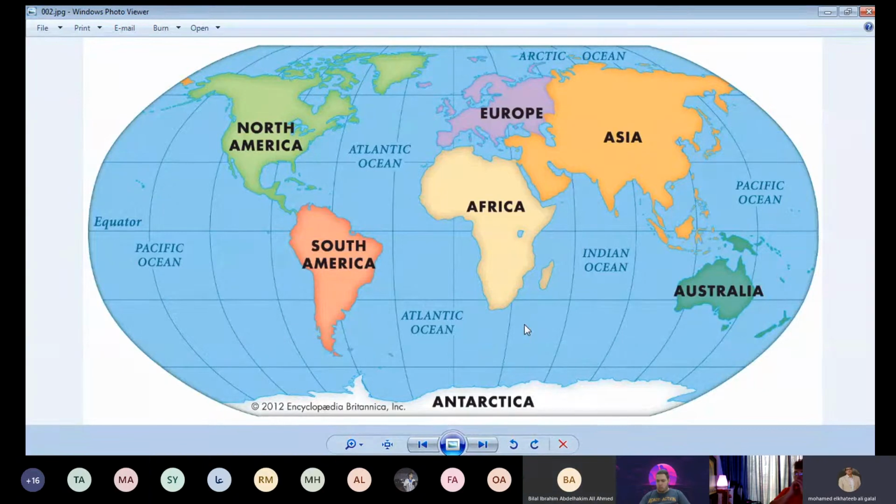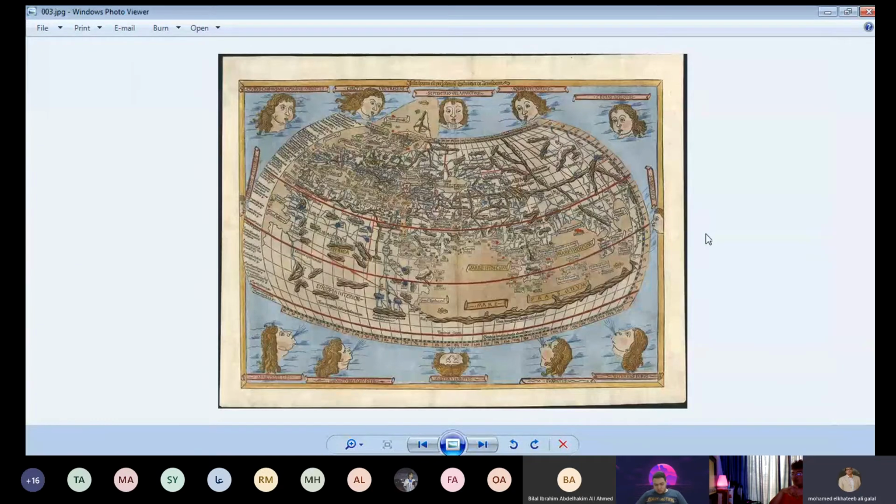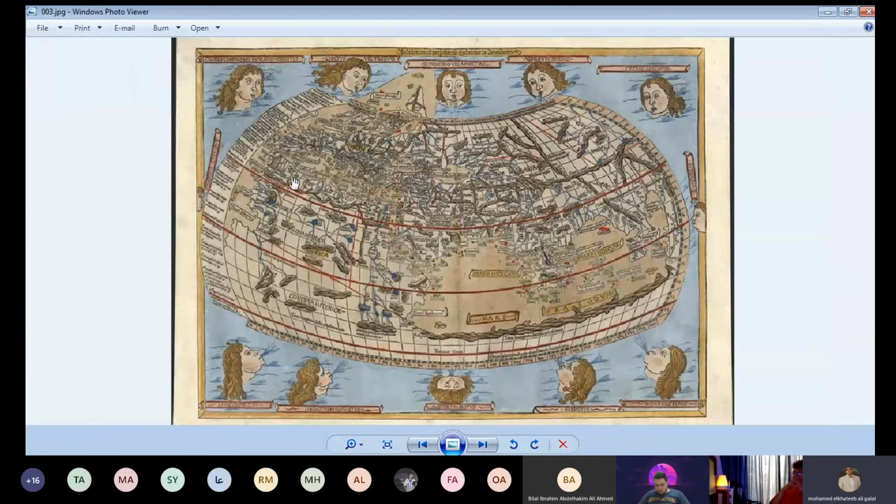Of course, kids, this is the world as we know it nowadays. And inshallah later on when we go further in our course, I will show you that this map that we know nowadays, the normal map, has some mistakes in it. And they kept it this way. Later on I will show you some of these mistakes. But if you have a look here, you're gonna see something else. Regardless of the details, do not bother yourselves with all of these details here. It's not our issue.